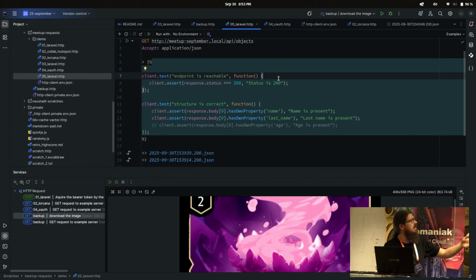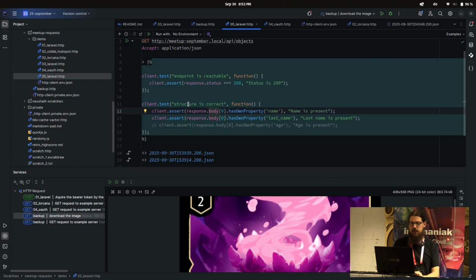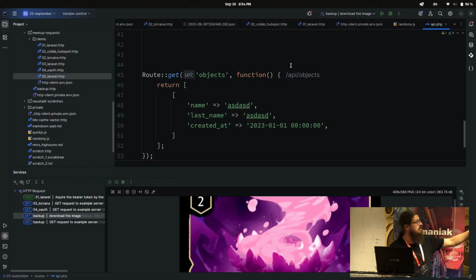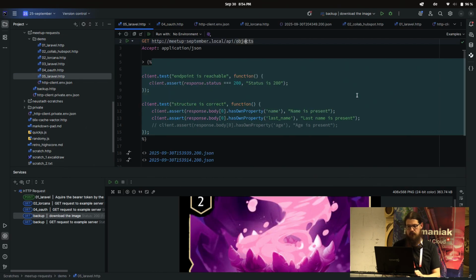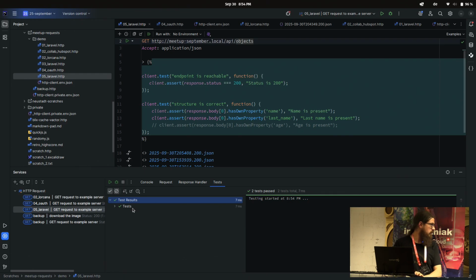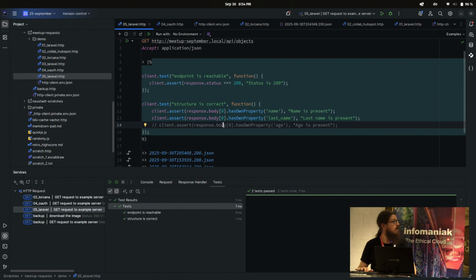So the first thing I can do every time is I test an endpoint, the response status 200, is it reachable, and here I check my structure. Here I go to the objects endpoint, which is also from my API. And if I go here in my API routing list, we see this will be returned, an array of objects, and there is name, last name, and created at. And now I can go through this, and I have here the new tab tests, and that will show me, nice, here the tests all worked. And of course to see if I would have in my DTO the parameter or the attribute,